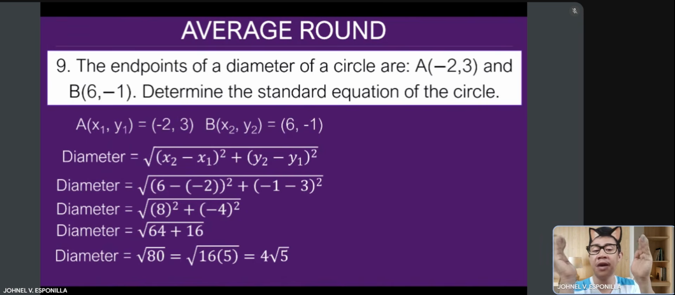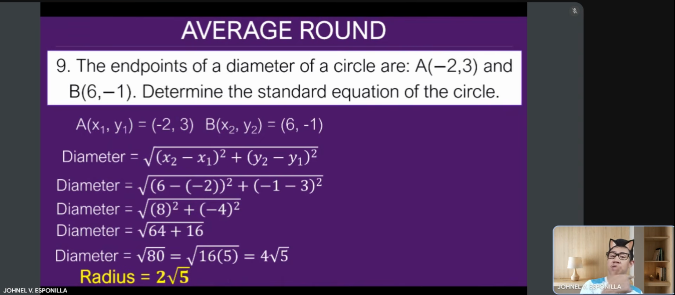Since meron na tayong haba ng diameter, malalaman natin yung radius. At alam po natin na yung radius is kalahati ng diameter. Or sa isang diameter, may dalawang radius, tama? So, para mahanap si radius dito, i-divide natin sa 2 yung diameter, hahatiin. Therefore, the radius is 2 square root of 5. Ito yung radius natin. Okay, anong kulang? Kulang tayo ng